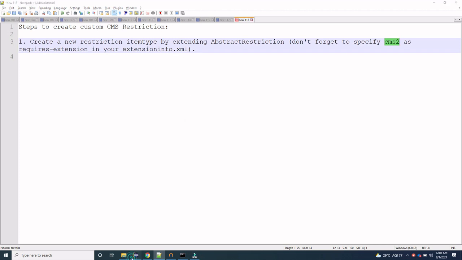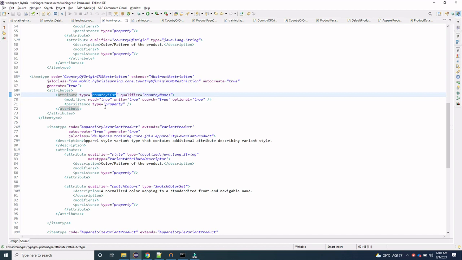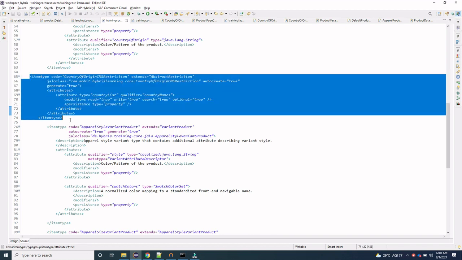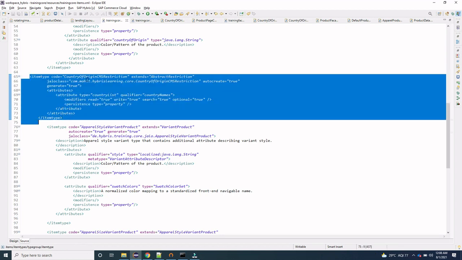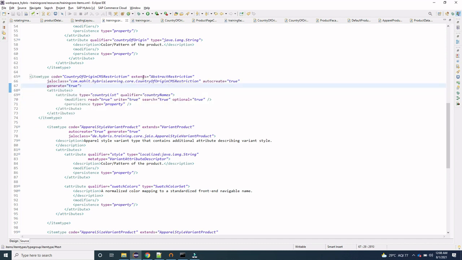For instance, I have created this item type, country of origin CMS restriction, and it is extending the abstract restriction as we just saw in the step.